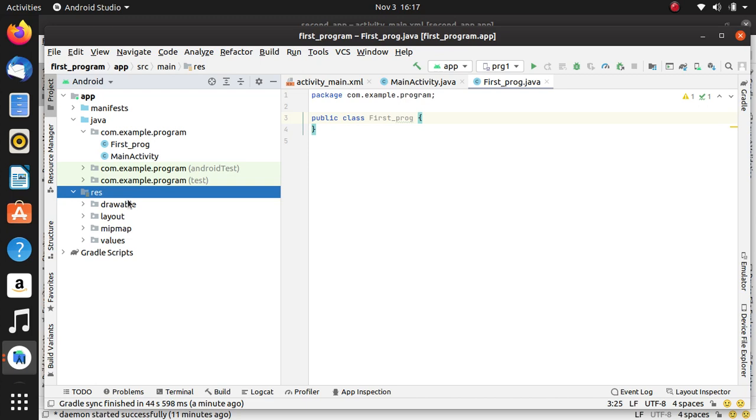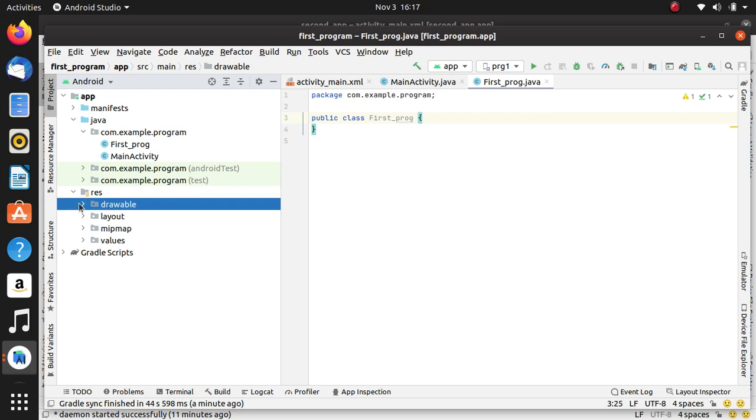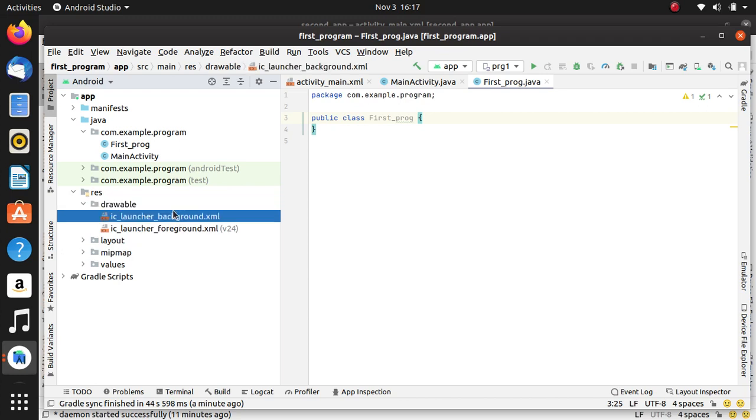Now add the changes. You can add images. Here, drawable. Now I want to add an image in the drawable folder.